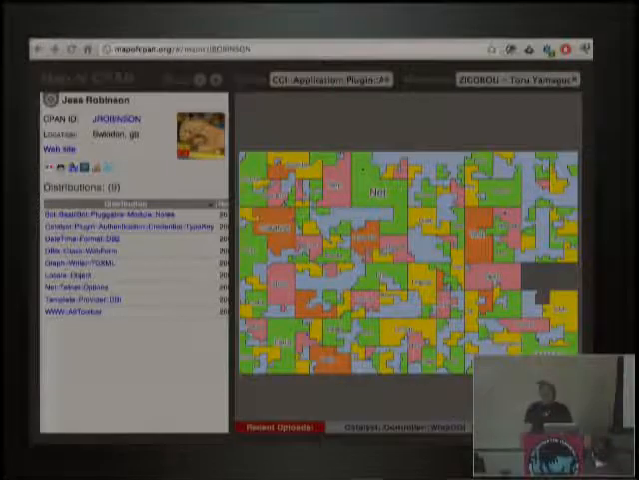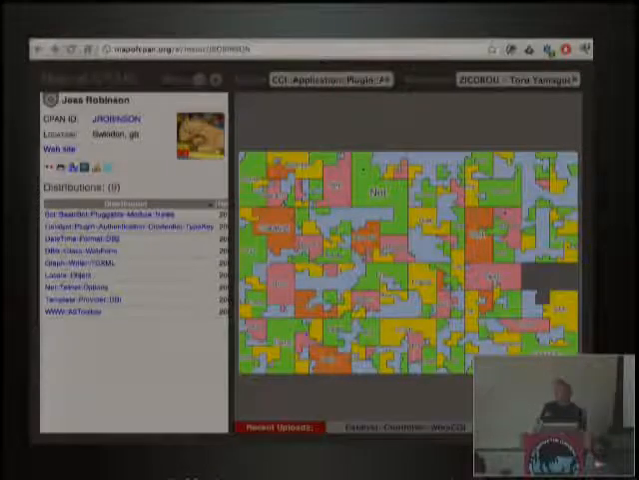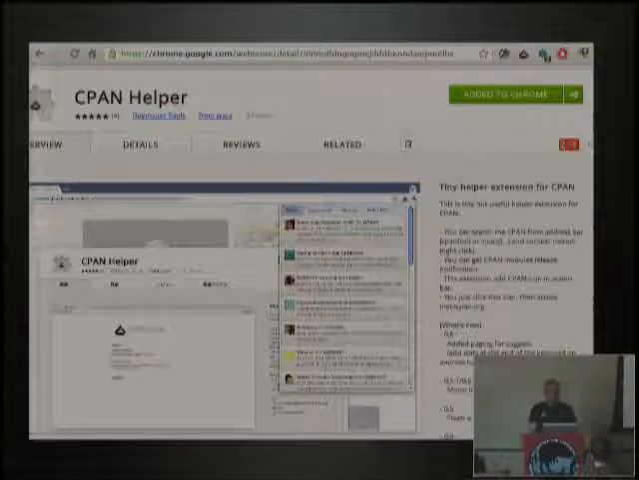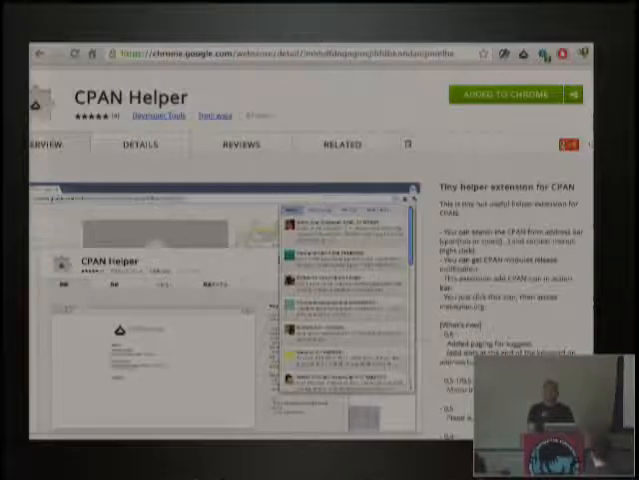There's Map of CPAN, which is a visualization of CPAN, again all based on the MetaCPAN API. There's a couple of Chrome extensions. This one I actually just found out about at the conference, and it will take your search.cpan.org URLs and rewrite them to MetaCPAN. So if you get them in a Google search, you'll be directed straight to